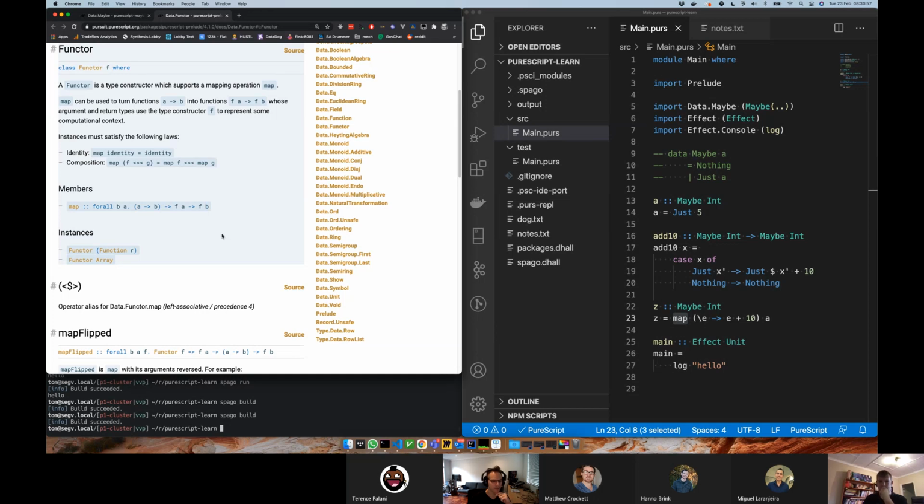Does that make sense? There's some mental gymnastics there. But wherever we see these lowercase letters, and this one is a specifically interesting one because it's a something of a something. So this could be a list of int, or a maybe of int, or an anything of one type. Does that make sense? It could be an array of string. It doesn't matter, as long as it's something space something. So it can't be an int. This is not an int, because int is only a single, so it's called a kind. It's like, what would you call it? Like a